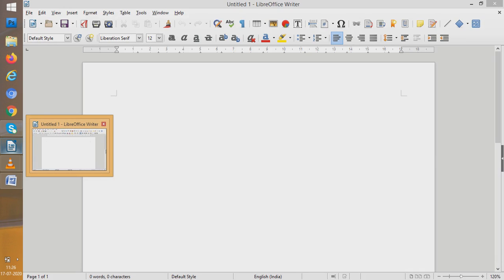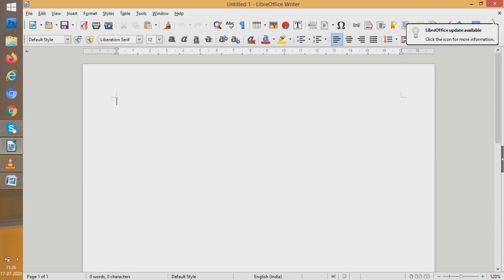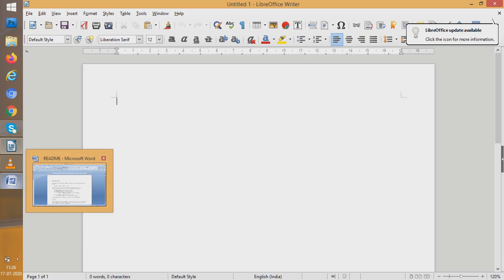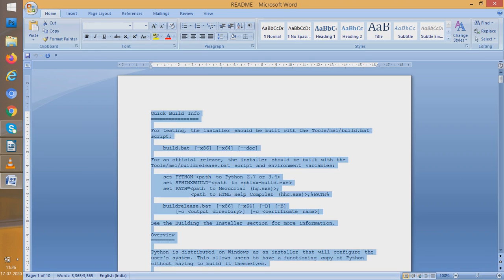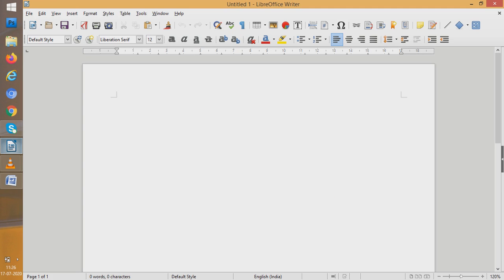So I have opened LibreOffice Writer, and today I will take a document from Word and I will try to copy this whole document. I have selected the document. I now press Ctrl C to copy it, and I will paste that document in our LibreOffice Writer.